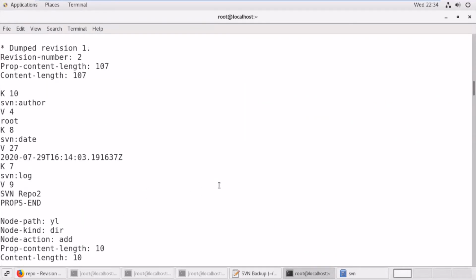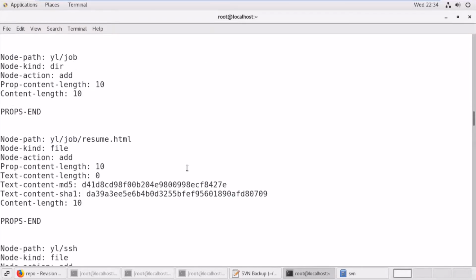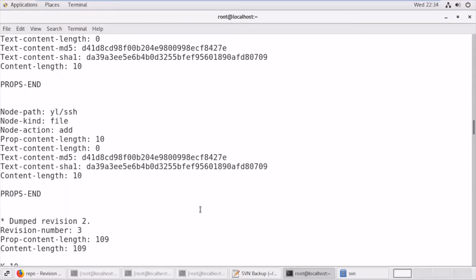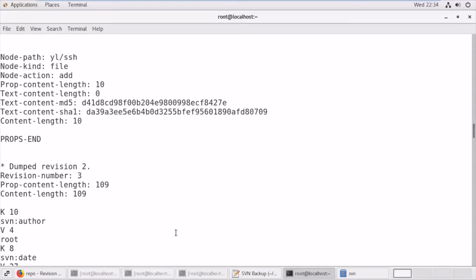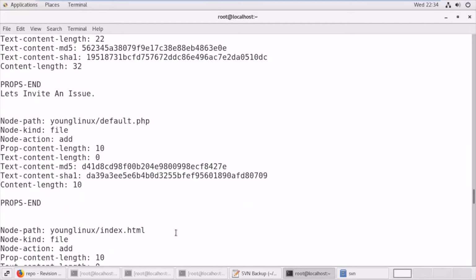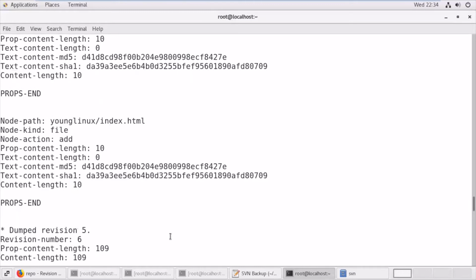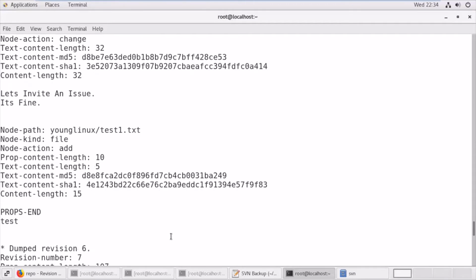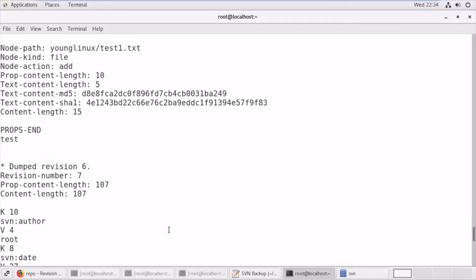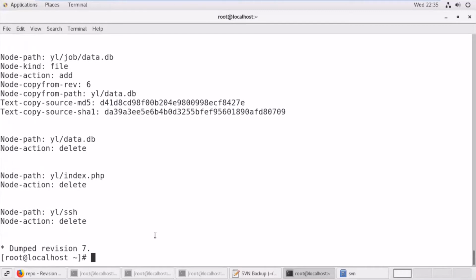It will show you up to version 7. So when you execute this command, the standard output shows what it is going to take backup of. Now it ends at revision 7.